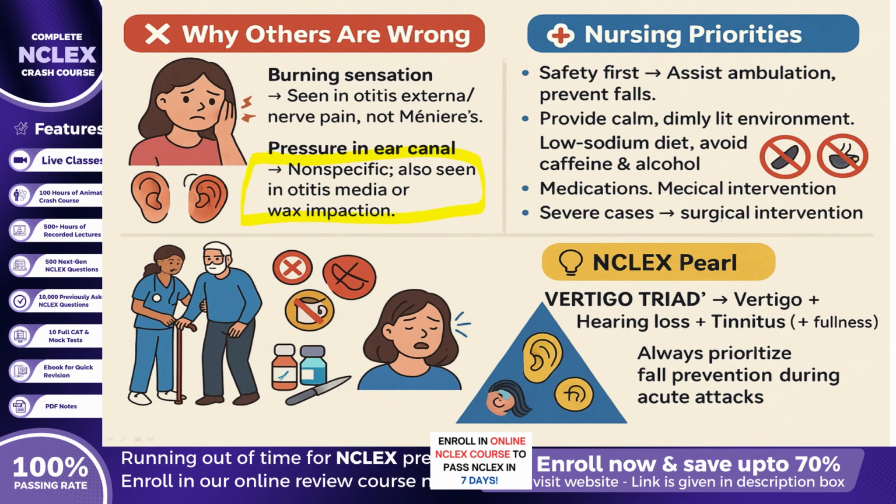Shifting to option 3, severe episodic vertigo with a spinning sensation. This is correct, as vertigo is the most disabling and characteristic symptom of Meniere's disease. Unlike simple dizziness, vertigo in this context is a true spinning or whirling sensation that can last minutes to hours and may cause nausea, vomiting, and imbalance. Finally, option 4, constant ear pain. This is incorrect because pain is not typically part of Meniere's disease, and persistent ear pain is more suggestive of middle or outer ear infections.